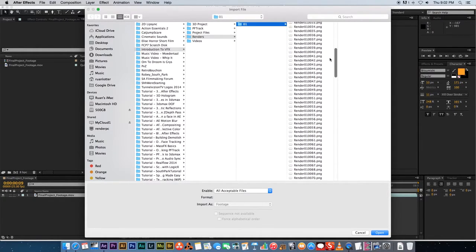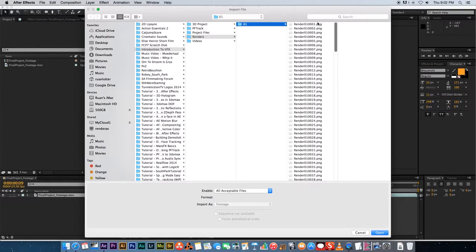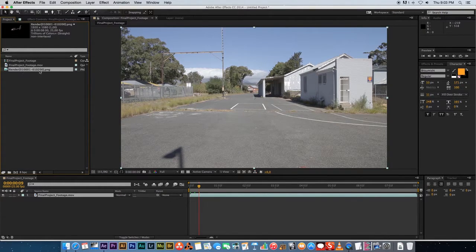Okay, so make sure you go all the way up to the first file, render 1, and just select it. Just click on it once. And then here at the bottom, make sure that your PNG sequence is ticked. That will tell After Effects that it's part of a sequence, and it will automatically load all the PNG files. Then you click on open at the bottom,